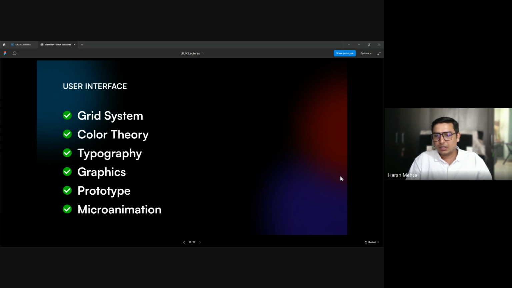When the next upcoming batch starts, will 21 days be enough? As I mentioned, Mayur, 21 days would be enough for you to understand the entire UI UX fundamentals. It would be more than enough, because we would be doing live learning. But in 21 days, don't think that you will become a UI UX designer. I'll give you an example. There are many courses out there.